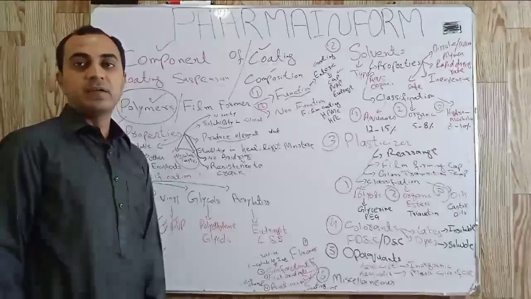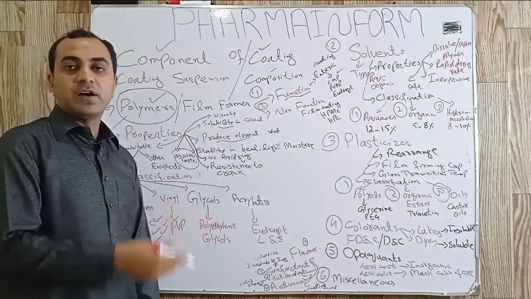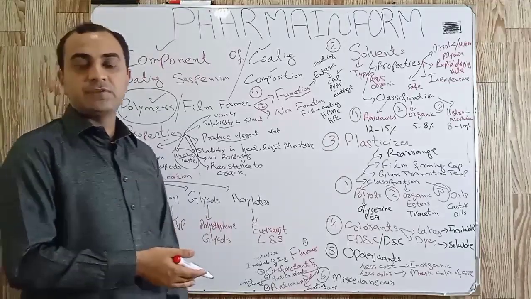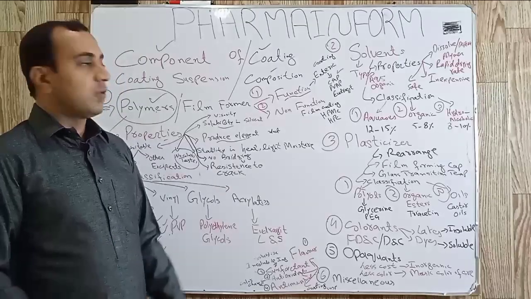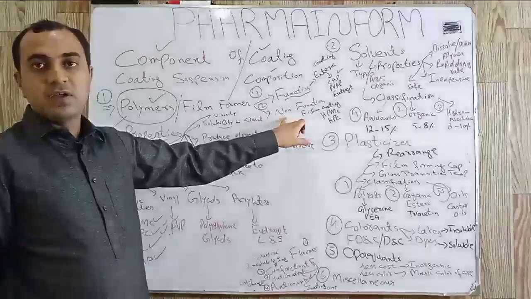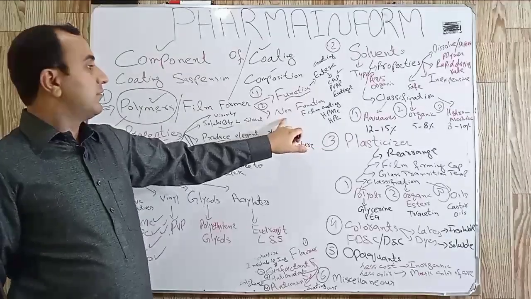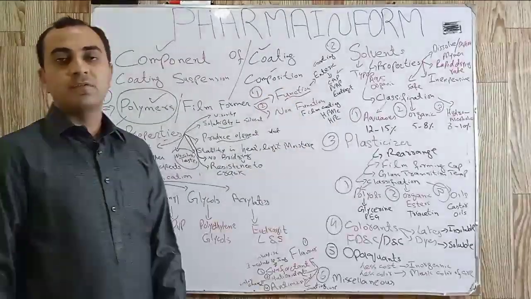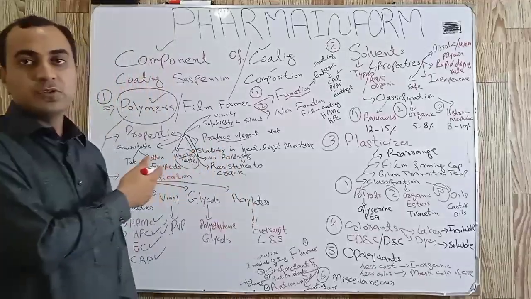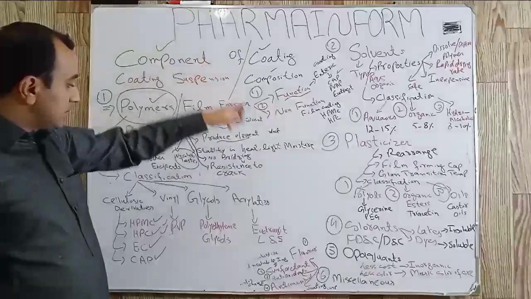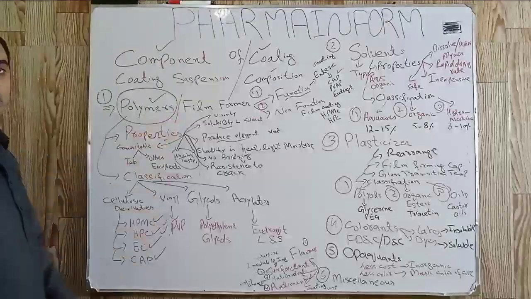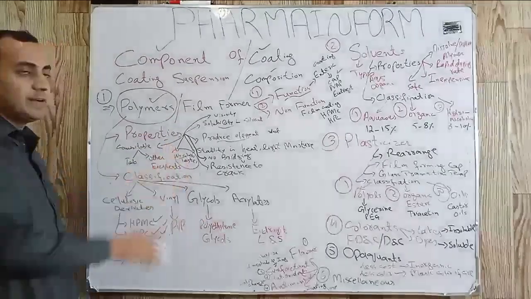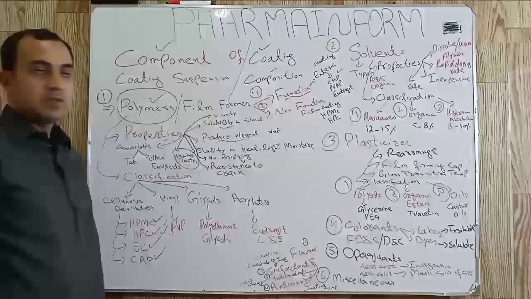It was the main question which is mostly asked by the examiners or in different industries when you are working somewhere or when you are preparing about the coating: what is functional coating and what is non-functional coating. So these two are the types of coating which are dependent on the usage of polymer. This portion about polymer is completed now. Hope you can easily understand about the basics of polymer.